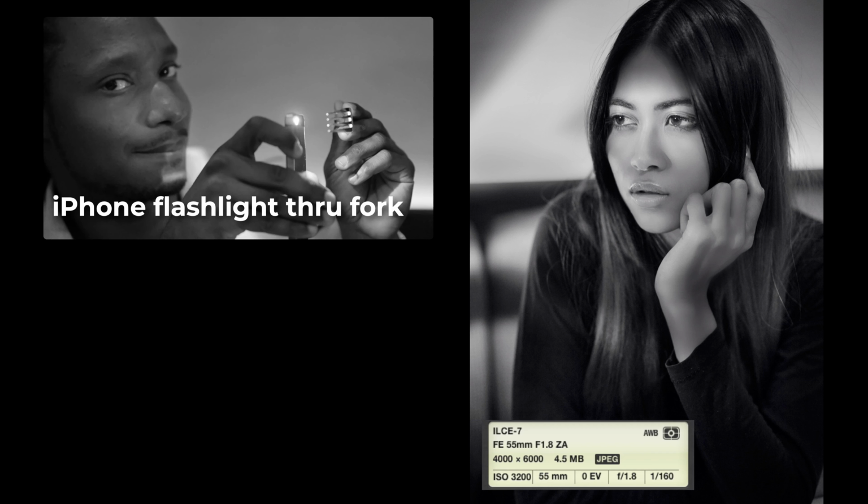I said, let's try to create a film noir look in this Indian restaurant. So what I did was I took a person's iPhone and I used that as my main light. But to create that film noir look, I fired it through a fork. So that fork will have that variance of light on the face. And so the main thing that I'm looking for when I'm doing this is that the eyes are lit up, all right? So I can have shadow anywhere else, but I want those eyes to be lit up.